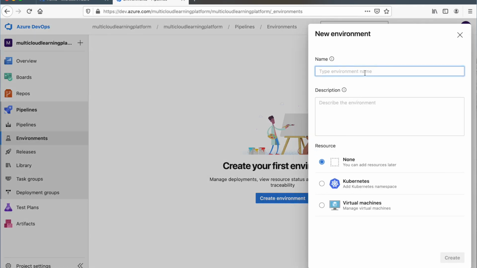So I'll tap the name here. I'm going to call it a dev environment, like development environment. In the description I'll type development environment. Now I can associate this